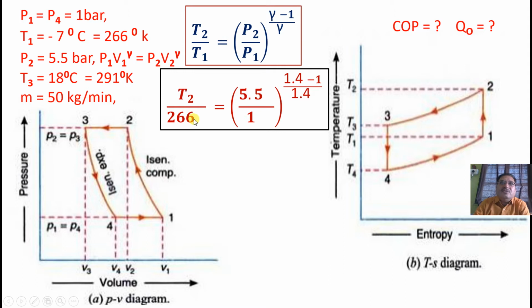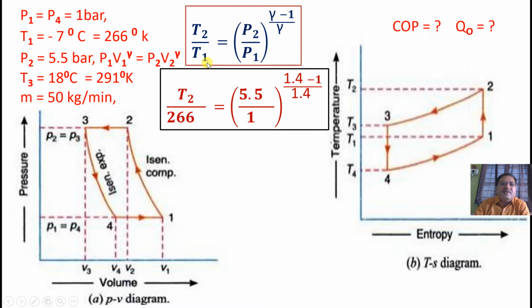Remember that the values of temperature we have to put in the equation in degree Kelvin only. If we are taking the difference, then the unit should be the same: either degree Kelvin for all the temperatures or degree centigrade for all the temperatures. But when you are taking the ratio, the unit of temperature must be degree Kelvin only. So it is always better to take the unit of temperature as degree Kelvin. Whatever may be the situation, if you take the value of temperature in degree Kelvin, you will never go wrong.